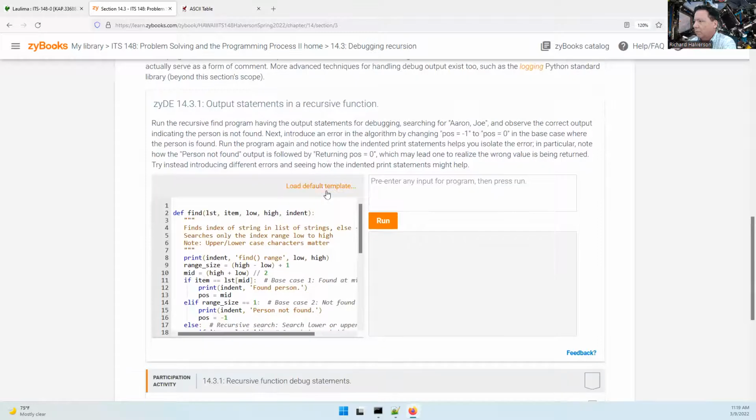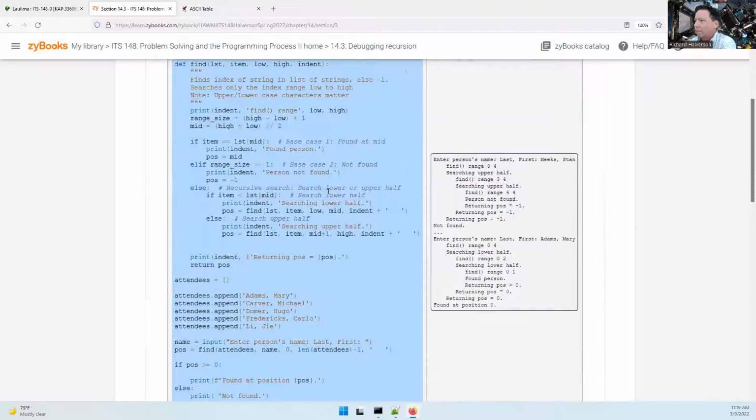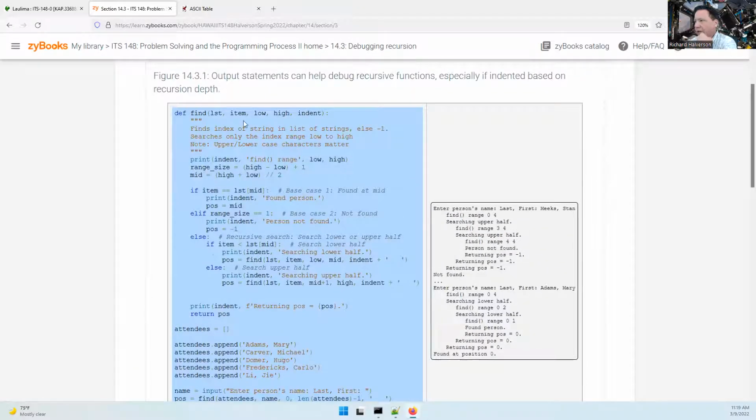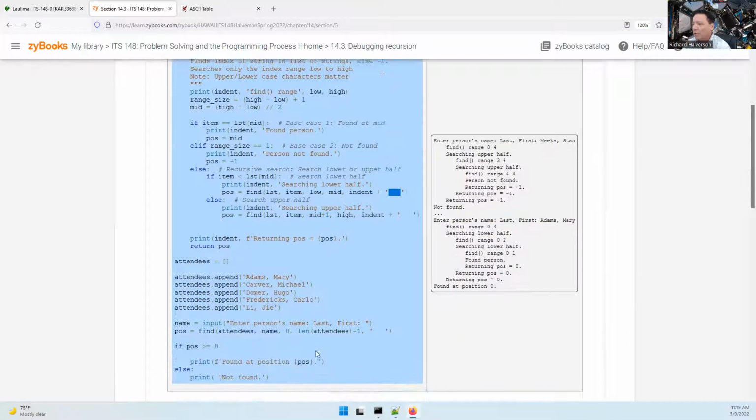this program, it's the same find program where you give it a list, something you're looking for, and a low and a high, but then you're also including this indent number, which each time you call find, you add some extra spaces to the indent. So it's not a number, it's actually a bunch of spaces. So the first time you run it,